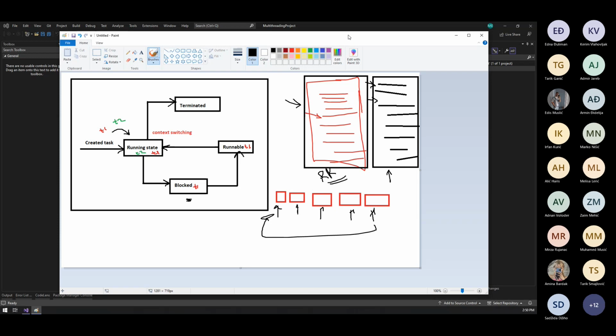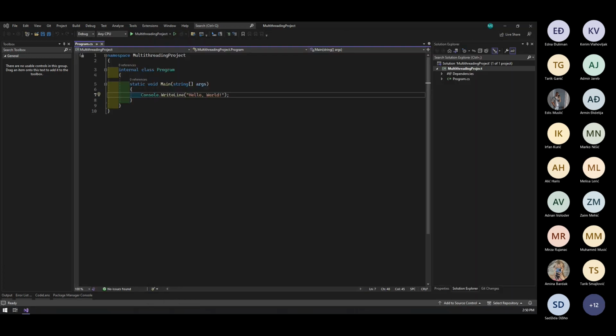But yeah, this is another topic for another day. So since you have some sense of how a CPU works with a task in general, or with a process, I would say,